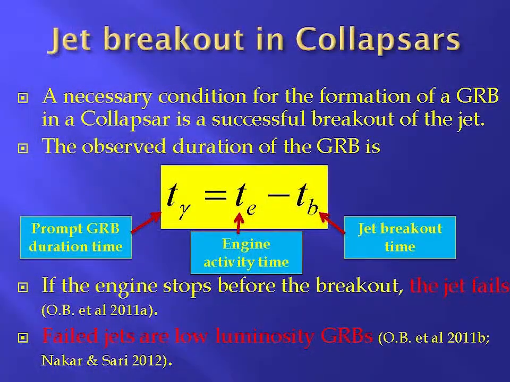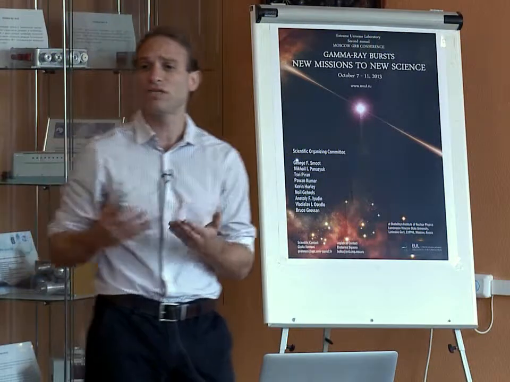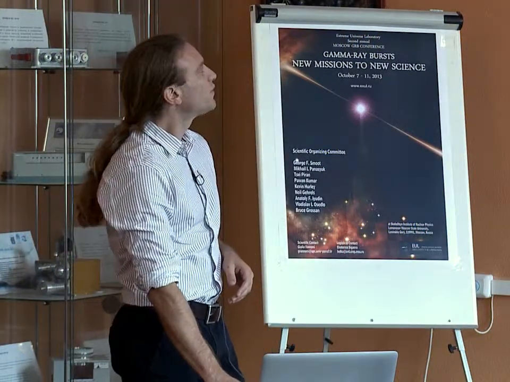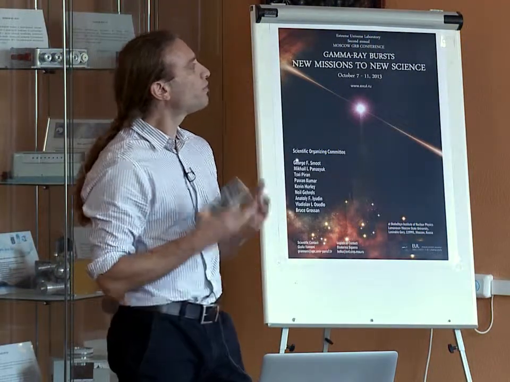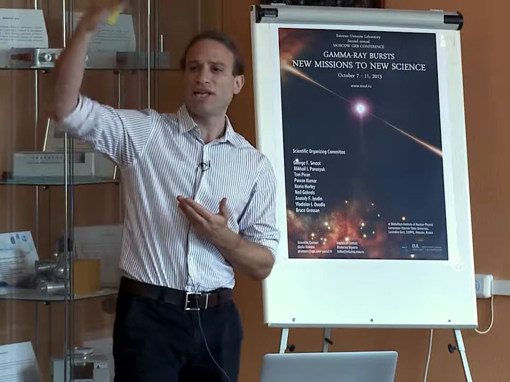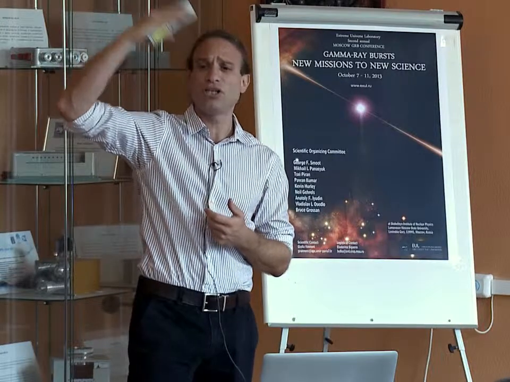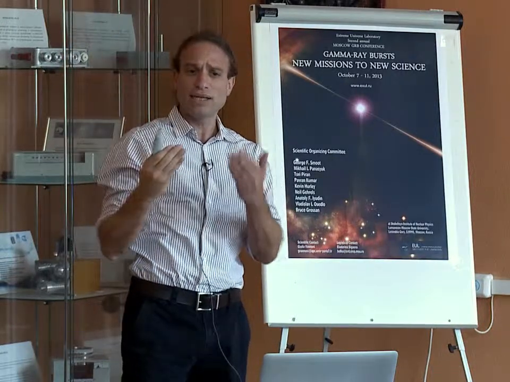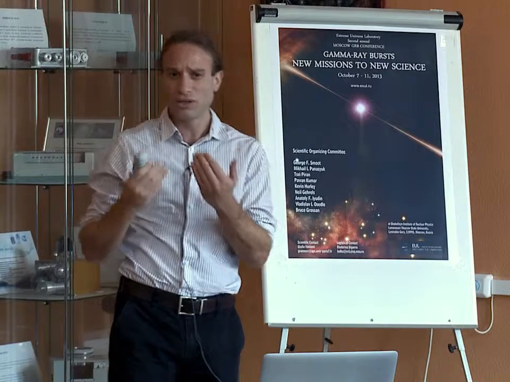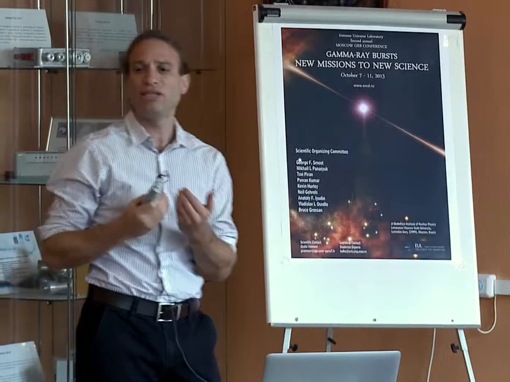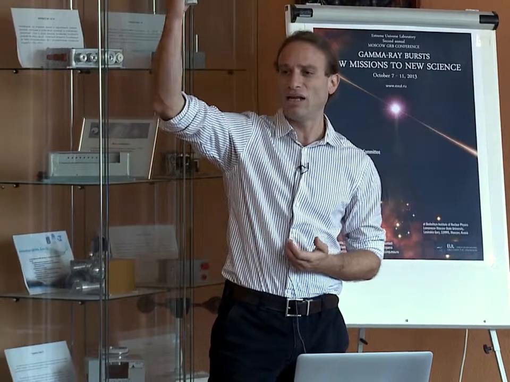Let's start with the observation. Within the framework of the collapsar model, what do we need in order to produce a gamma ray burst? The most important thing is that the jet successfully breaks out of the star. After the jet breaks out, it produces the radiation, and the radiation is emitted. And in most gamma ray burst models, this emission happens fast. So basically, the time that we observe the gamma ray burst represents the actual activity time of the engine